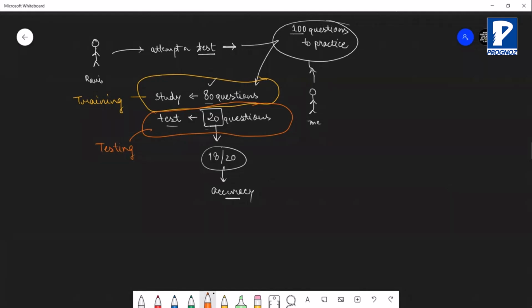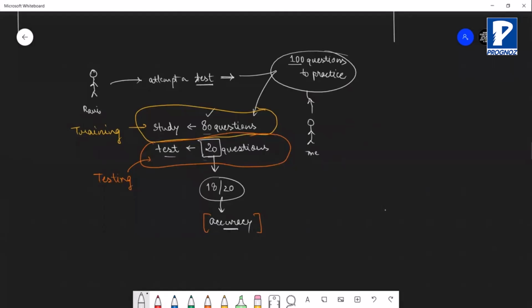So this is testing, or you can say the evaluation step. But apart from these two things, you should also notice that the data was only one with us. This huge chunk of questions, let us say this is the data. What are we doing with this data? We split it